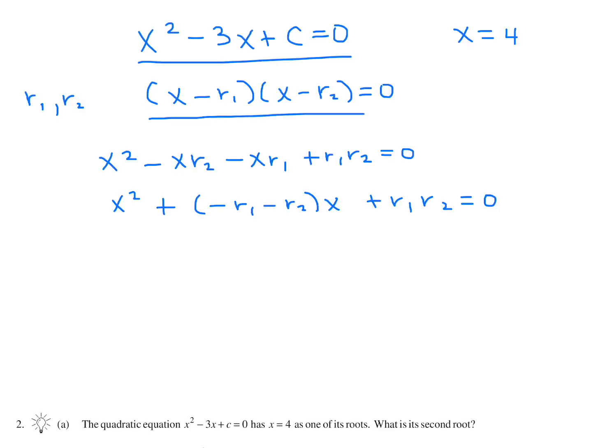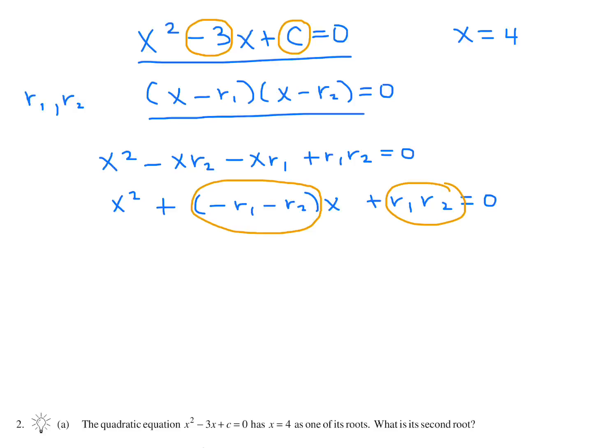And we know that basically these terms have to match, so I'll circle them in a different color. So this has to match this, it's the coefficient in front of x,